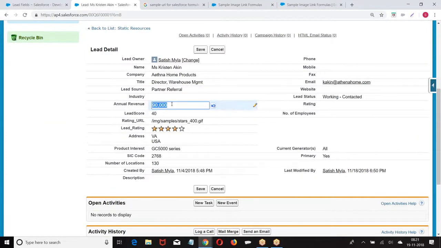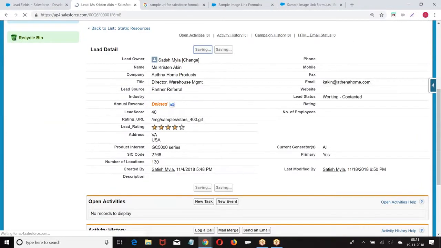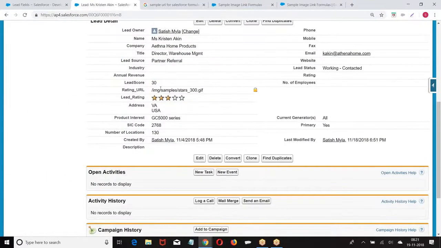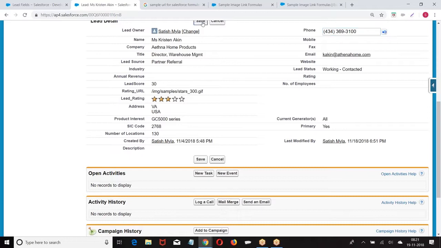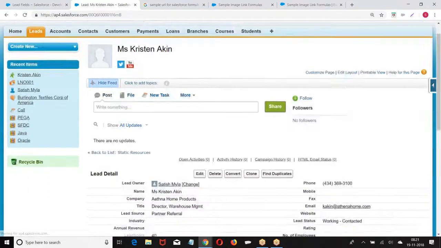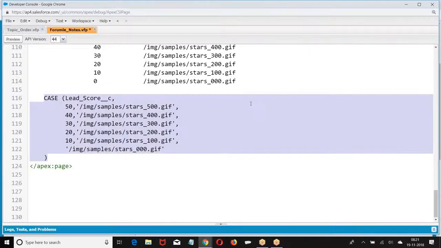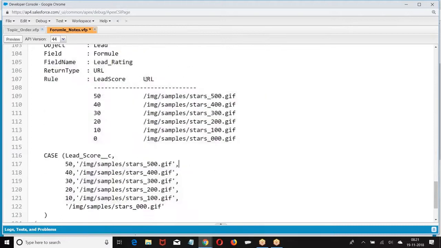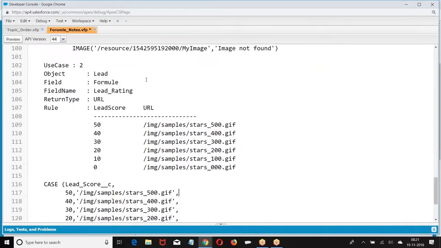I hope you are good with that. Based on the score, we are getting the corresponding URL. Right, boss? I hope you are good with this format. So, what is the example I have given? First, we got use case 2. First example, what I told, create a lead score.